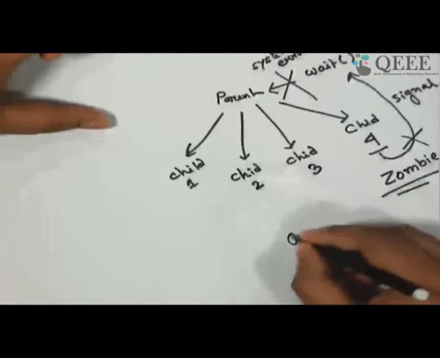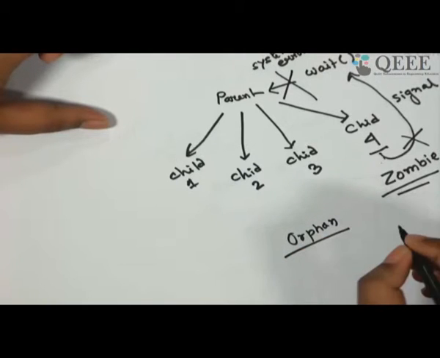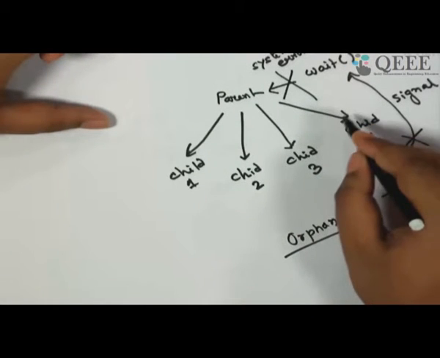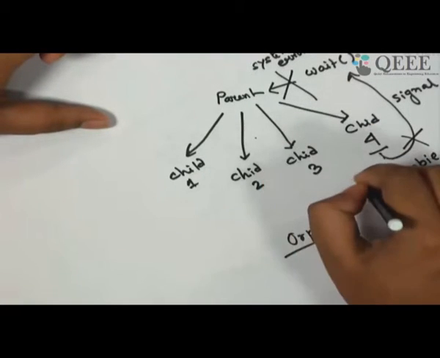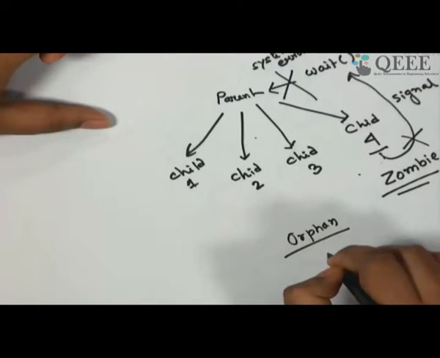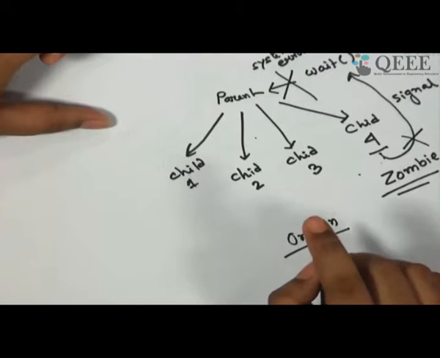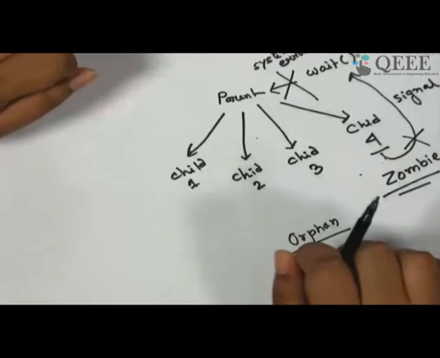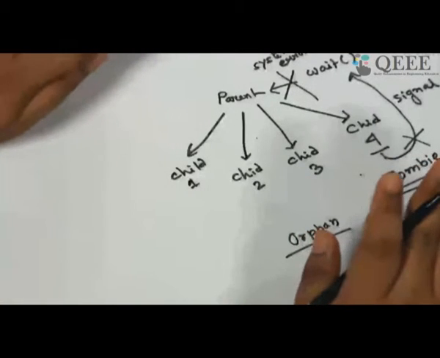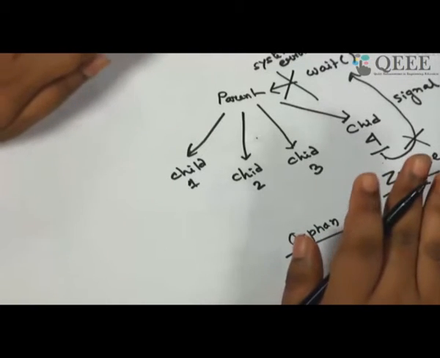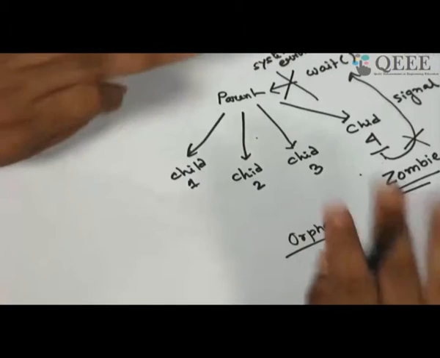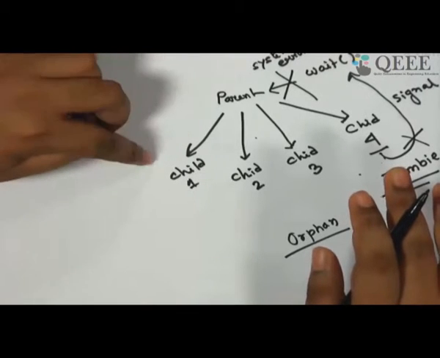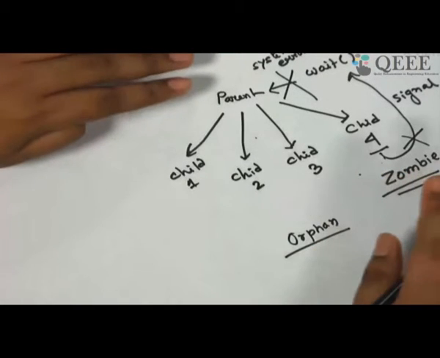And another kind is the orphan process. The orphan process is something like this. In the case of this parent-child relationship, we were considering that the execution of the parent depends on the execution of the child. Now another case is, for example, the code that I have shown to you for the fork system call. In that case, the parent and the child are separate processes, and they don't depend on each other. Like the parent has that wait system call. So consider a scenario where inside the parent you are executing something and the parent is not waiting for the child to terminate, and the child is executing something else.